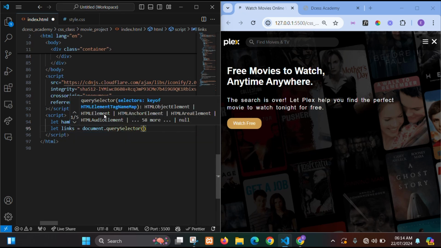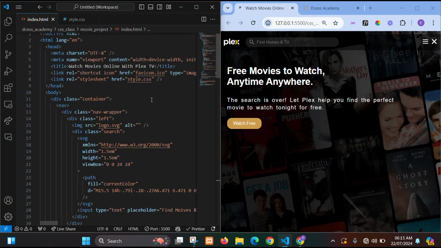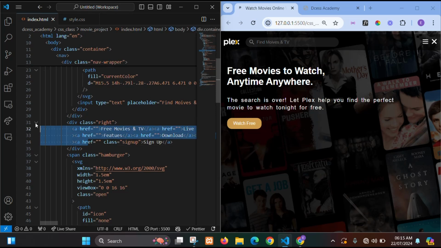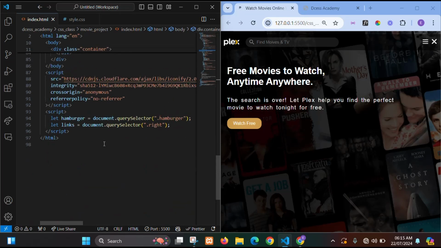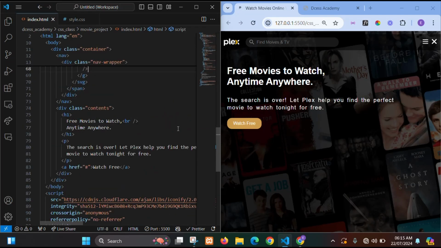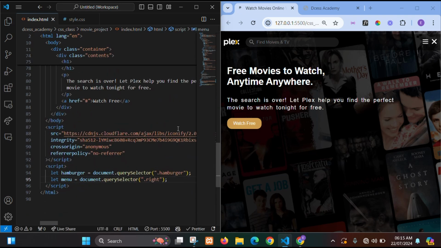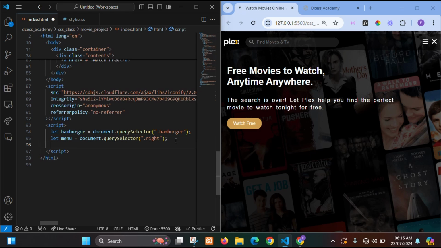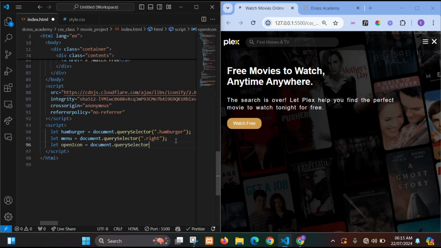dot right. Don't forget, the one with the class of right is what's containing all of those links. In fact, let me just call it menu, just to make it easy. I think I can remember menu easily. Then I'll say, okay, let the open icon be equal to document dot query selector,